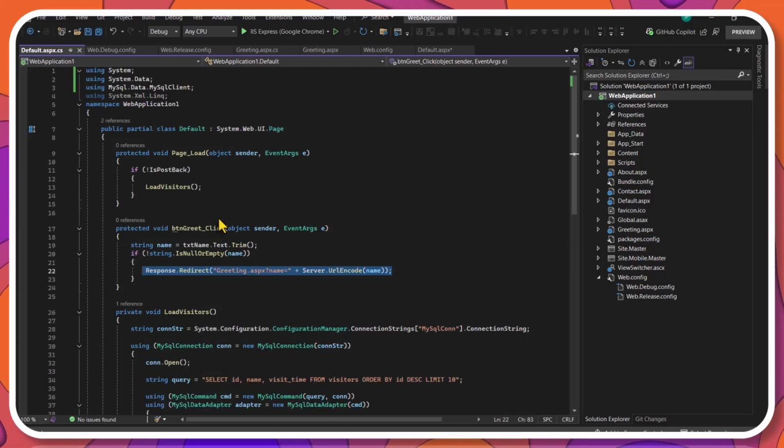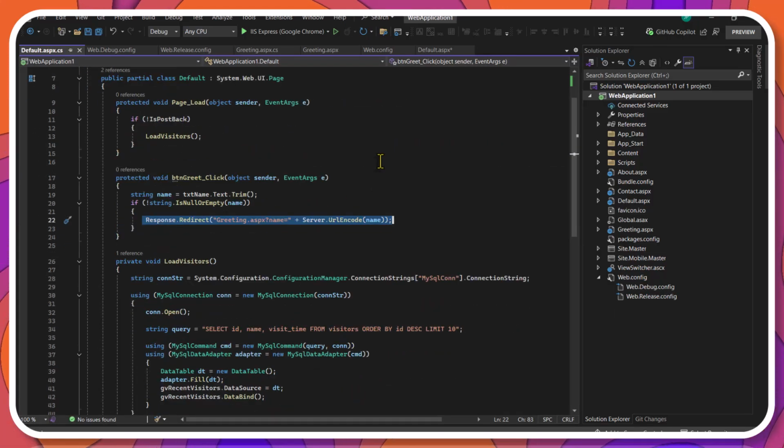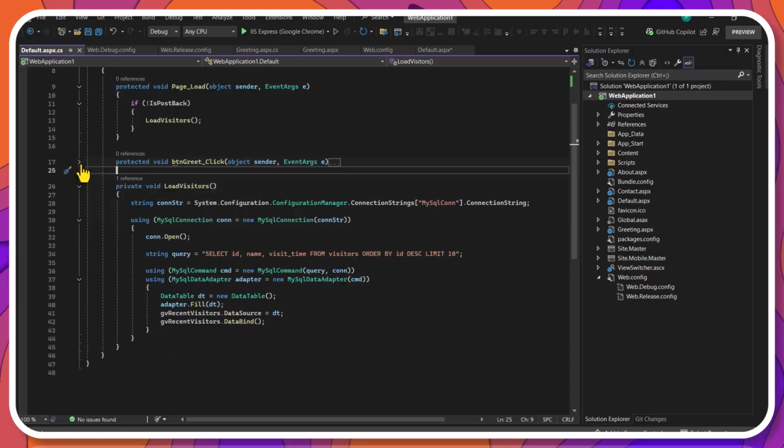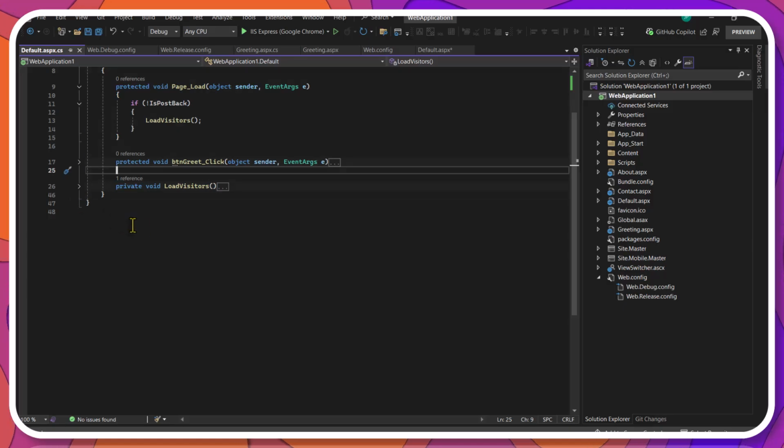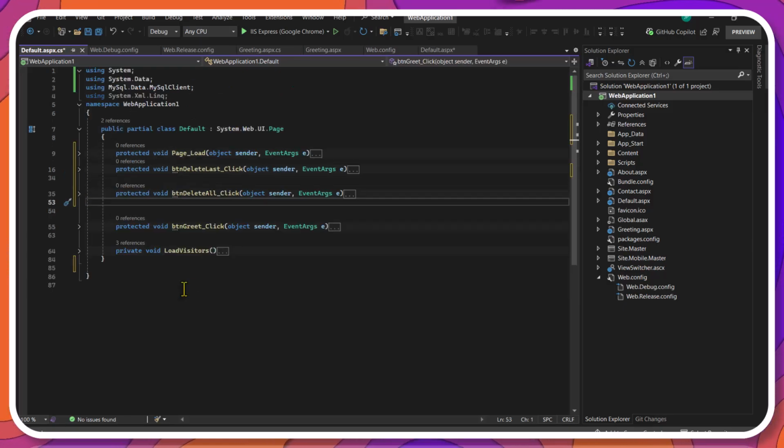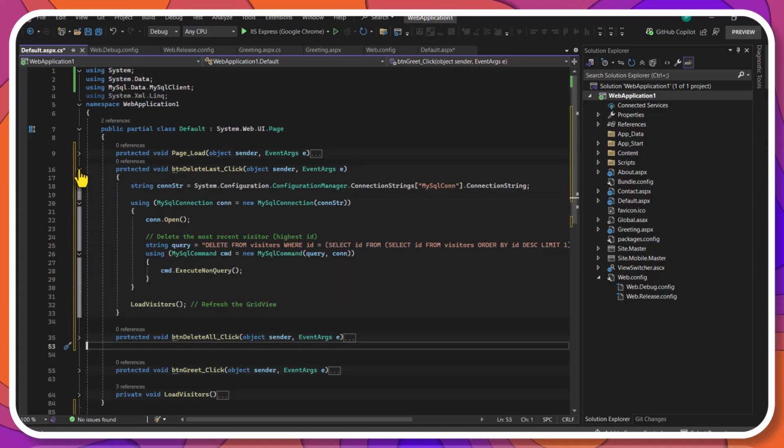Opening default.aspx.cs. Include the code to Button delete last click.